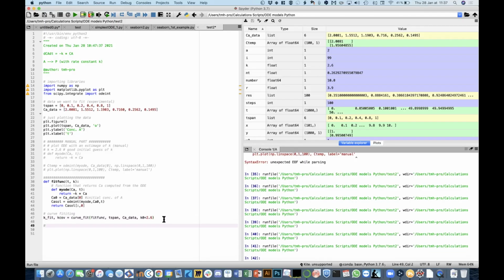And then I'm going to say generate many data points using the fitted value of k_fit. So the solver will just give me a value of k_fit. And so I want to plot those fitted values again on top of my data. So I have to, again, generate linspace. So I'm going to say tfit. So that's my fitted time is